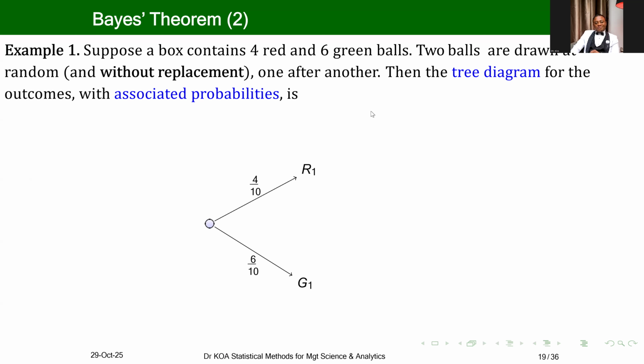Your answer was what? Look, 3 over 9. Yeah, so that's 3 over 9. And that is sometimes written as R1, R2. Now watch it. I'm using the notation R1, R2